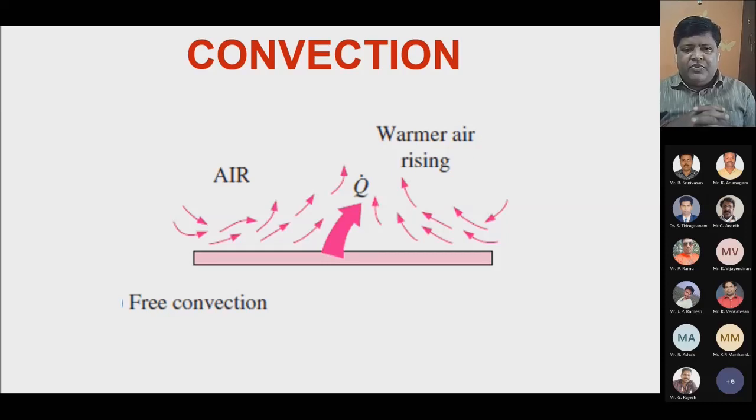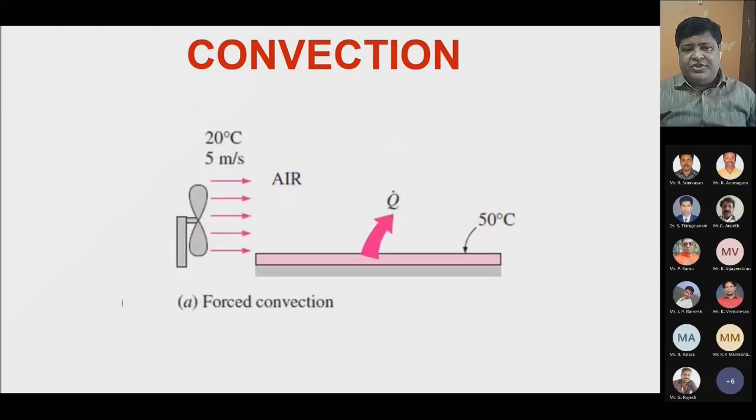The reverse can happen when the fluid is at a higher temperature and the plate is at a lower temperature, in the case of even forced convection. And here it is forced convection, and you can see the plate is at 50 degrees Celsius and you have a fan at 20 degrees Celsius. Maybe you can take the example of an electronic chip at 50 degrees Celsius, and ambient air at 20 degrees Celsius blown onto the surface of the plate at a velocity of 5 meters per second. This is the place where design normally plays an important role as far as industry is concerned,